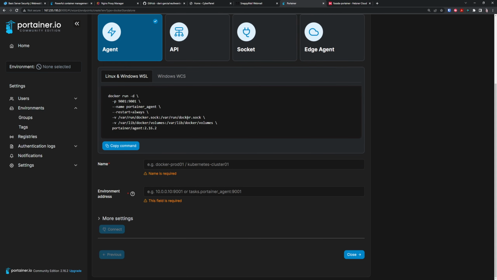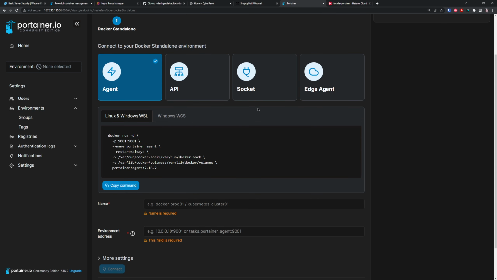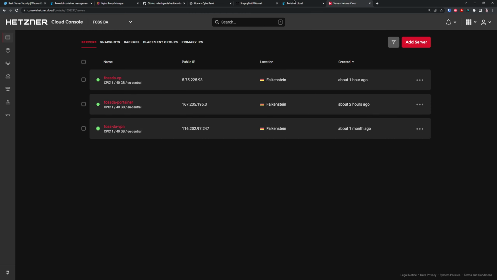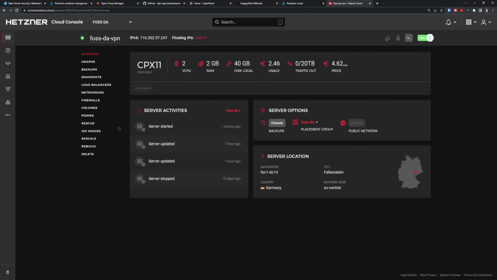And we can connect our VPN server that we previously created to this Docker instance, so we can manage our VPN through this interface. So now we need to open port 9001 for the Portainer agent. So we go back to our Hetzner Cloud Console. If you are using Hetzner, we're gonna go to the VPN server,